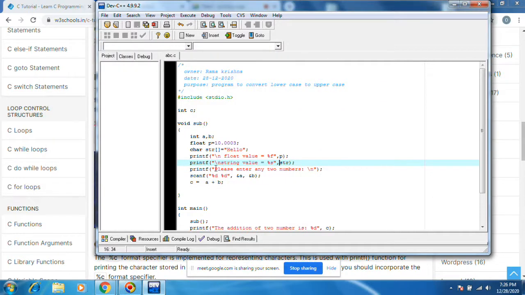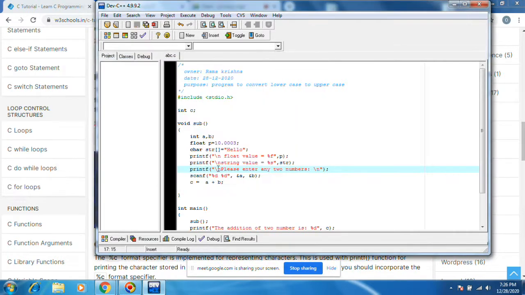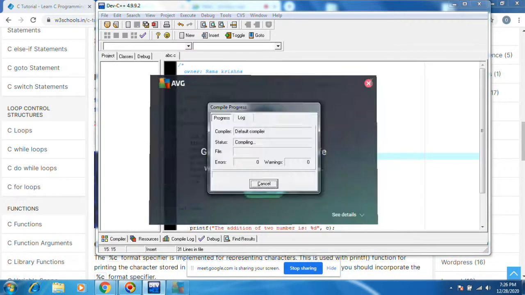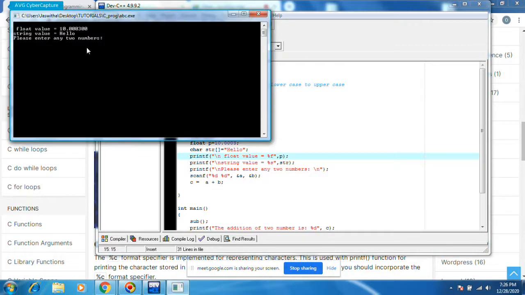You can put \n here also to get a new line. Save. I have kept \n in all the places. Okay, coming to a new line. Execute, compile and run. Yeah, you see float value 10.0030.